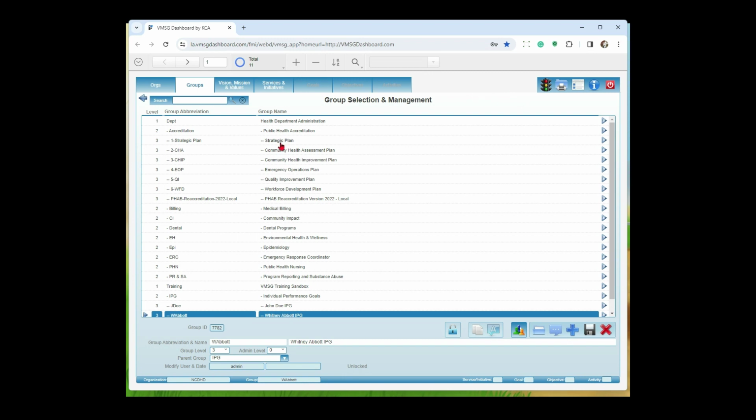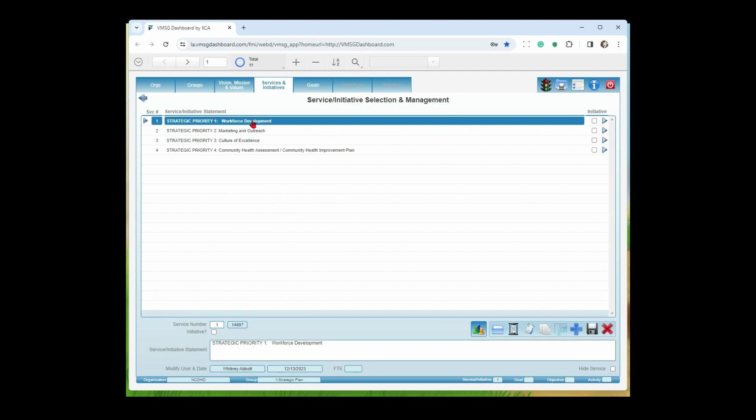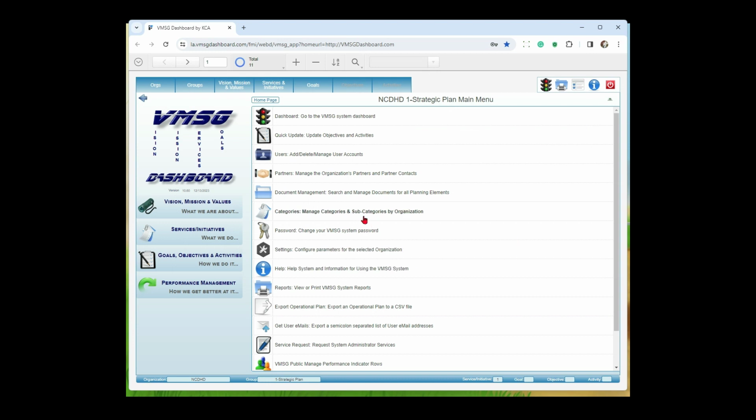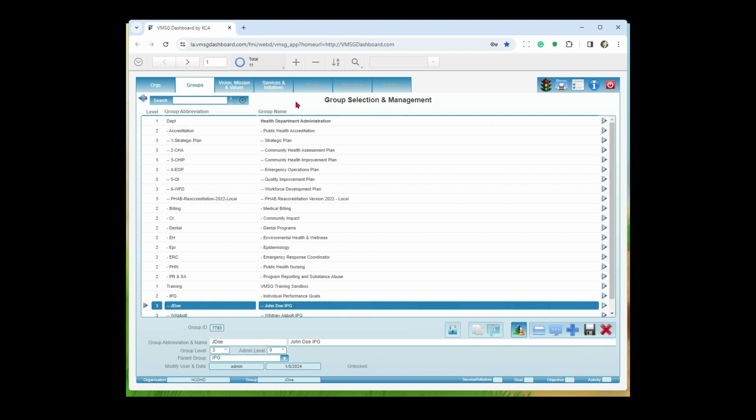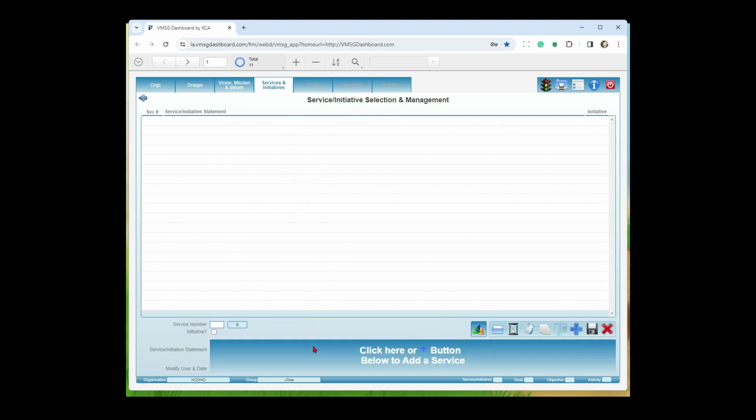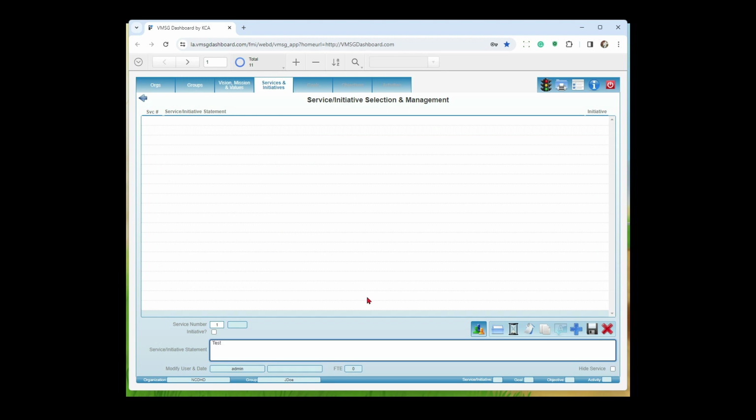Let's take a look at your strategic plan here. And so we have 4 strategic priorities. Let's see if we've got those in the categories yet. Looks like we need to update these to get them the same as your strategic plan. But these are the categories. So what you would do is, let me go ahead and just put in, I'll put in under J Doe, a test initiative